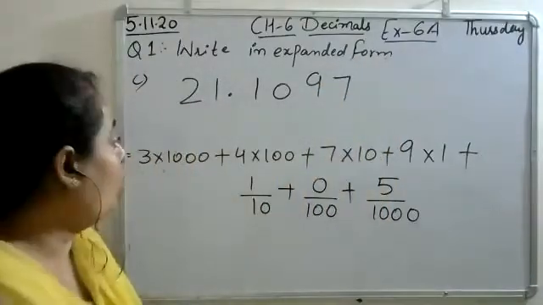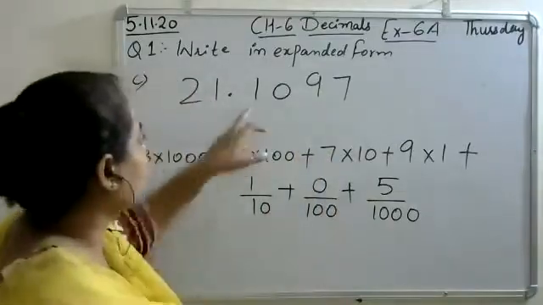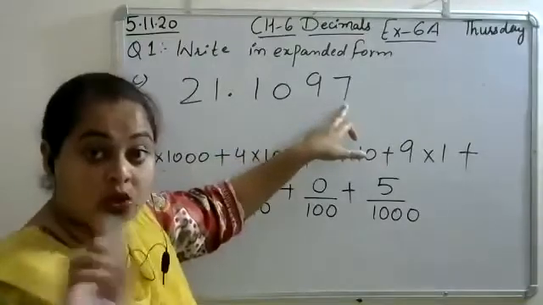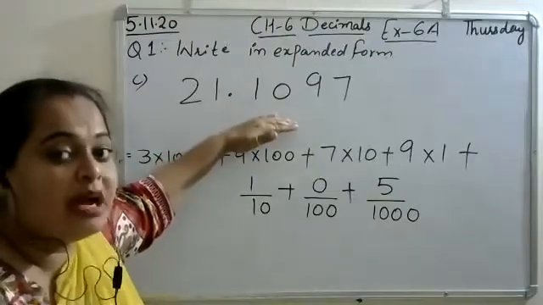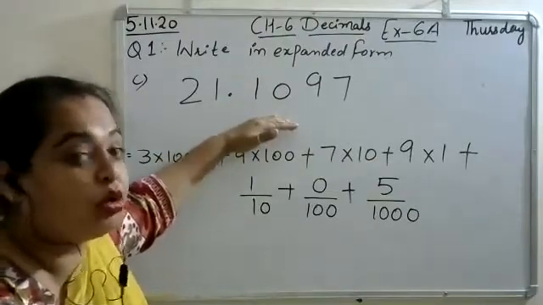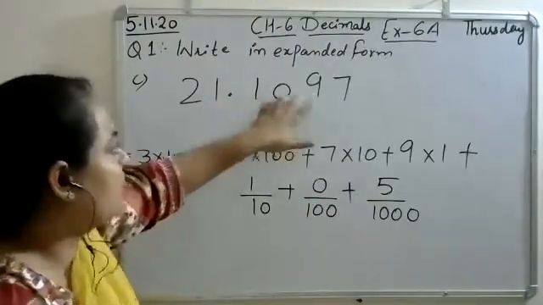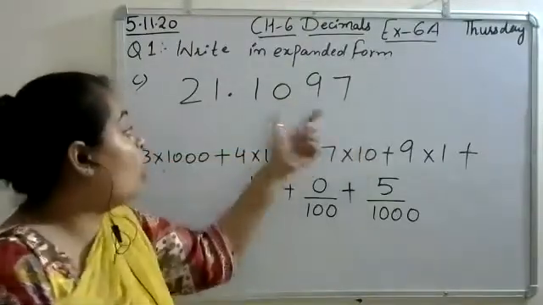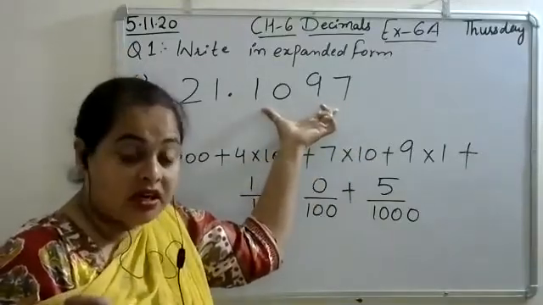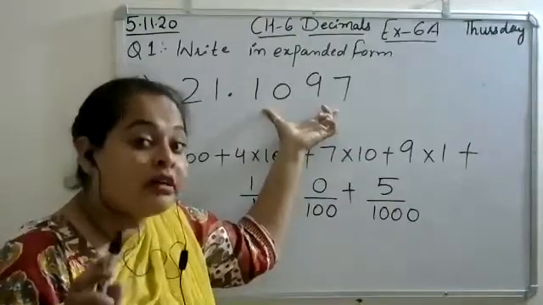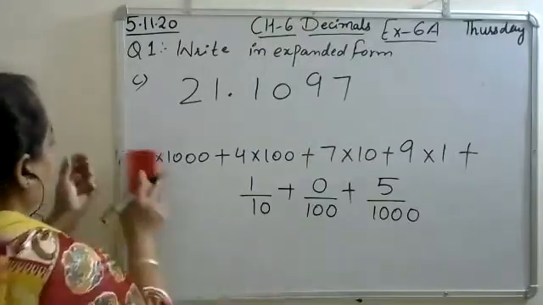As you know, on the right hand side of the decimal, we will not use the Indian system. So this is not 1097. No. This is 21 decimal. What is the name? If I ask you how you would pronounce this, how would you do it? 21 decimal 1097. Not 1097, because on the right hand side of the decimal, the Indian system is not applicable. Fine. The question is: write down in the expanded form. Same question.